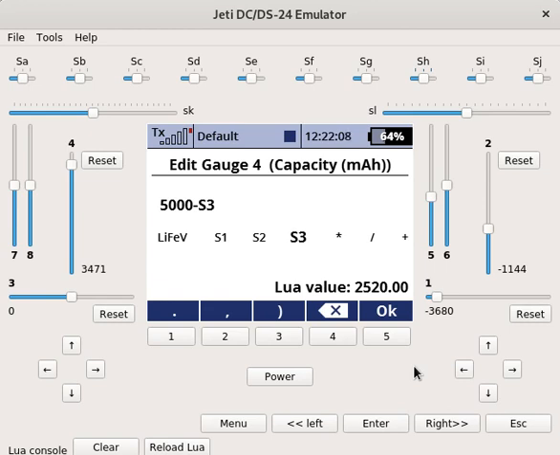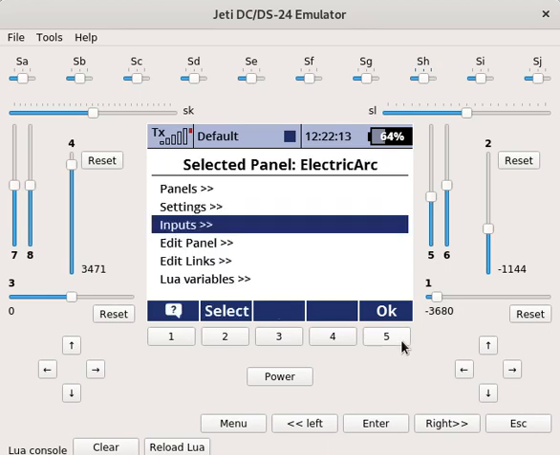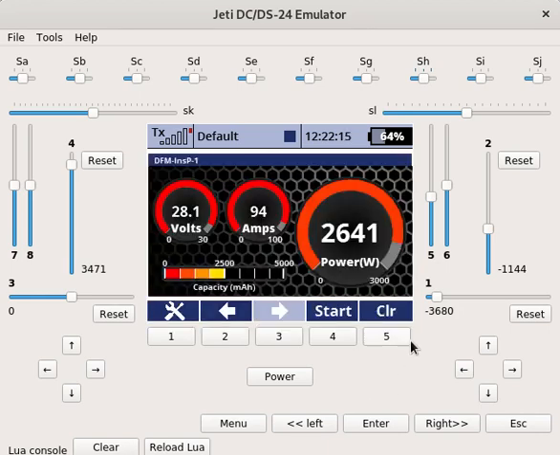S3 counts up by the Jetty convention. We'd prefer to read the gauge the other way, so we'll do 5,000 minus S3. And then if we go back to the top here, you can see that when it's reporting 0 milliamps capacity on the Jetty, that's going to report to us here on the screen that we have 5,000 milliamps of capacity left. And then as the battery gets used up, you'll see that it goes down and proceeds through the rainbow on that capacity gauge. So just a quick example of two very simple ways